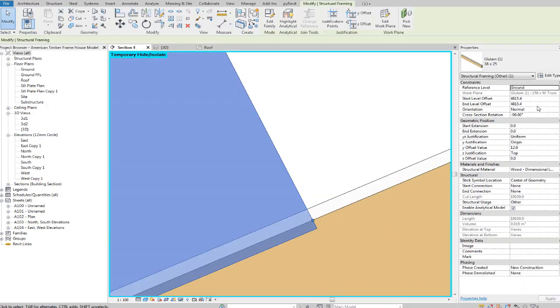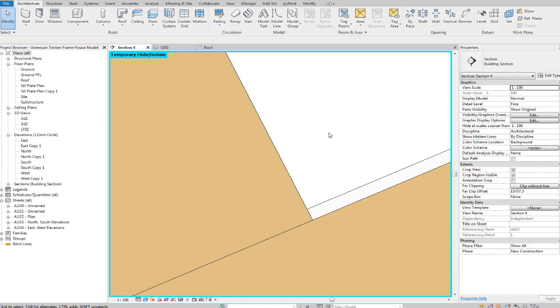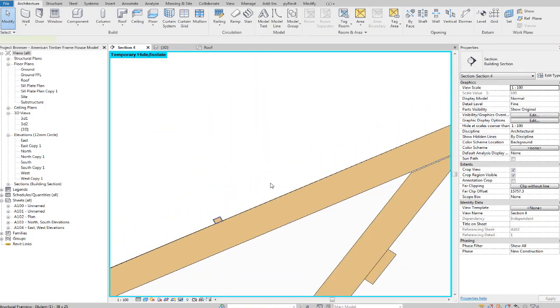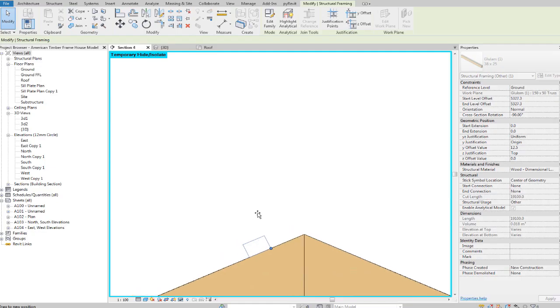Why is it always 1 mil off? 13.5, 12.5. Looks like it is. So if I drag this one right up to the top, about there,